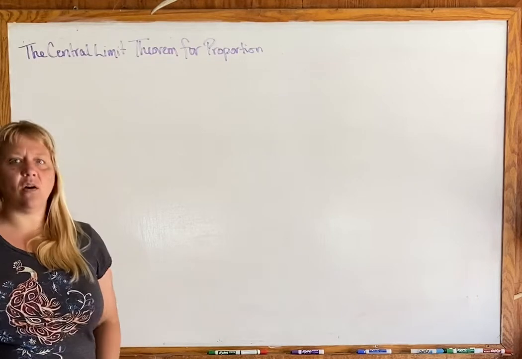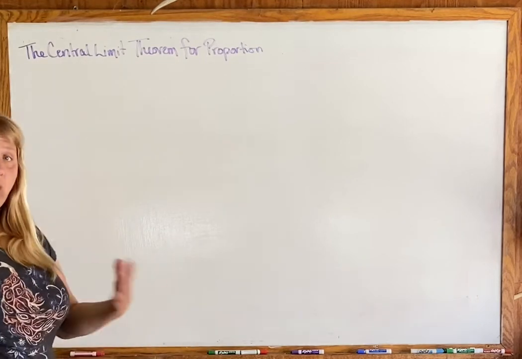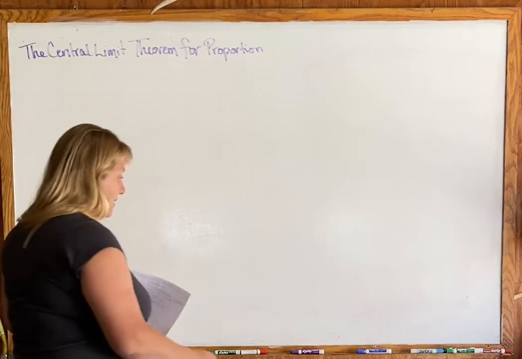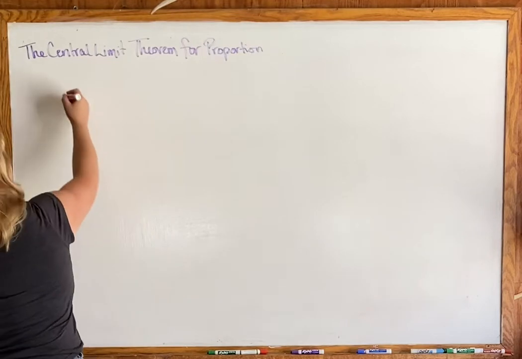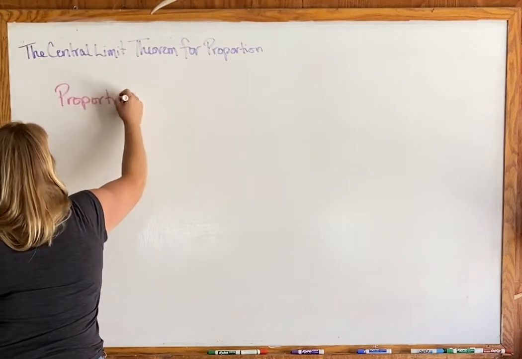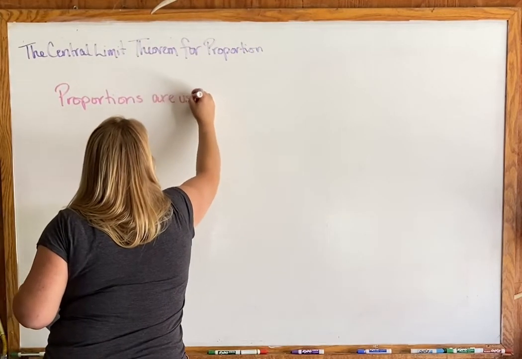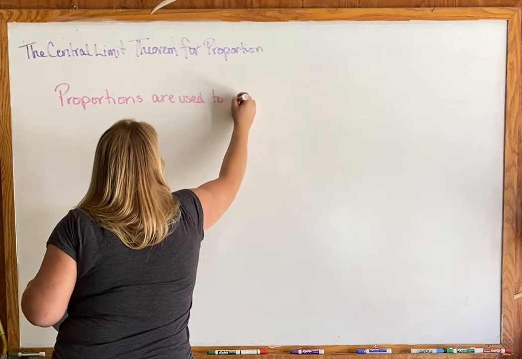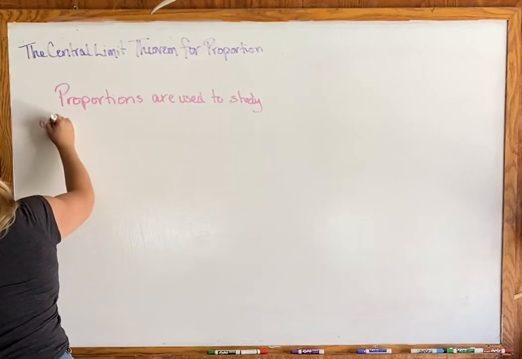But that's not the only variable that we can study. Proportions are another variable that we can study. We've seen some proportions already, but let's look at it a little bit more. So proportions are used to study qualitative